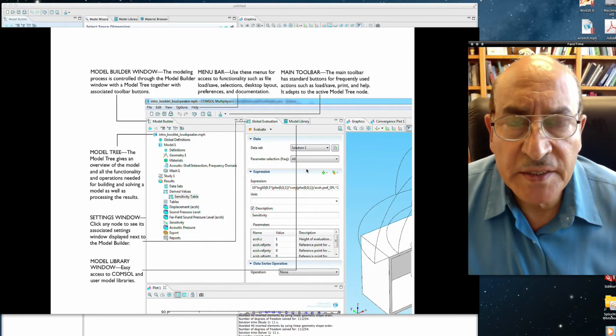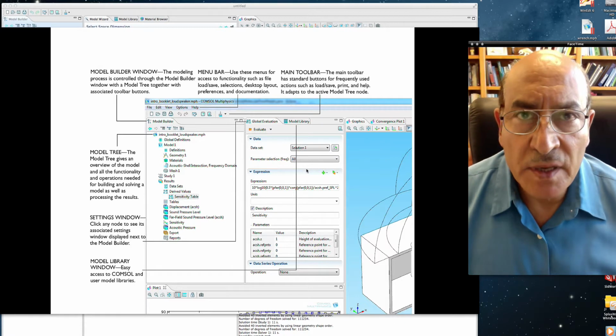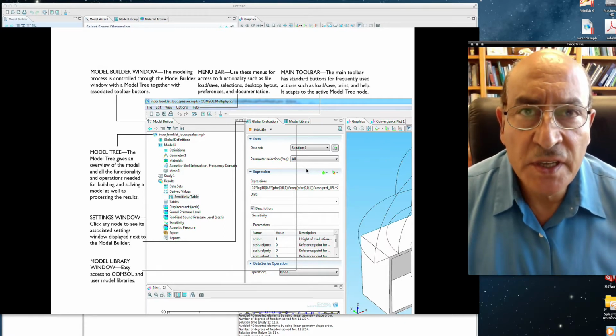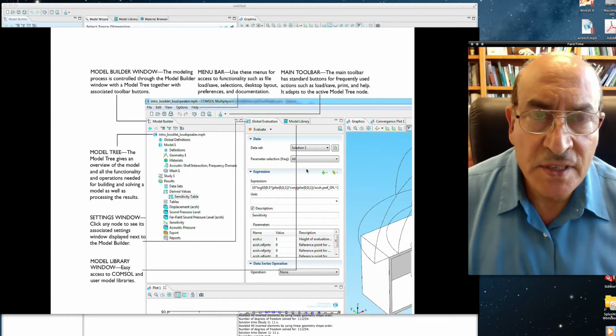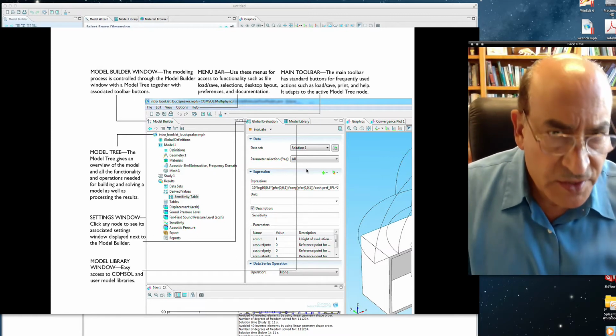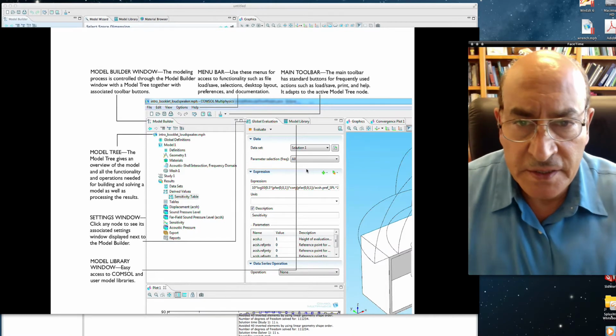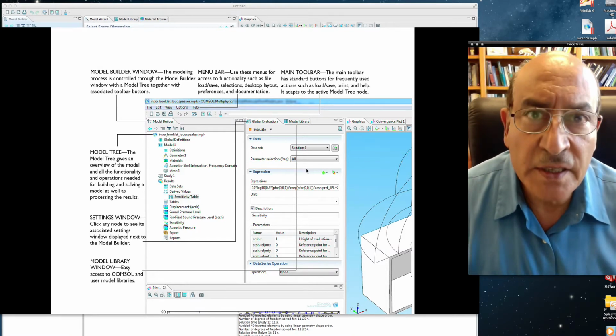Talk today about an example of a mechanical example in which we have a wrench and a bolt, and we wanted to apply a force on this wrench and then go through the process of structural analysis using COMSOL. So before we go there, I wanted just to kind of remind you of the different elements in the interface